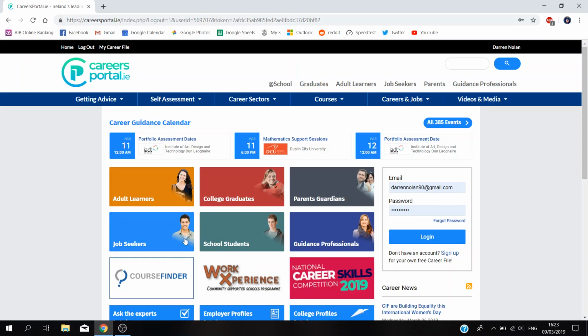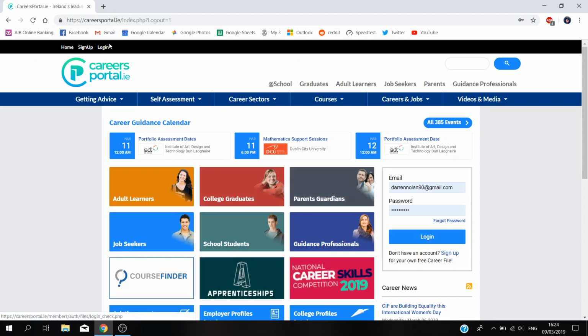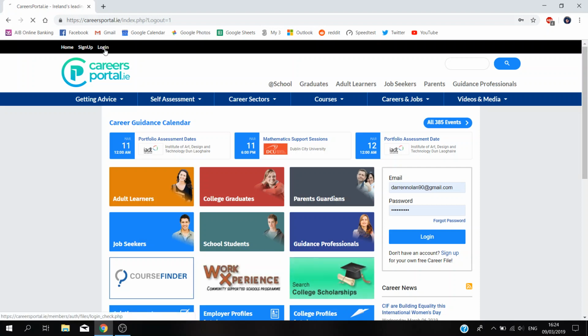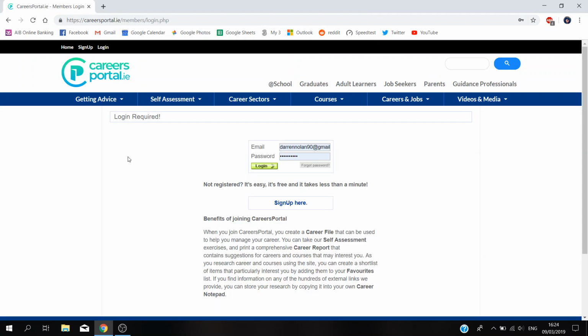So the first thing you need to do anyway is go to the careers portal website. I'm logged in, so I'm going to log out now and show you. So once you're here, there's a login area here, or you can click login up here at the top right, if you look where the little mouse cursor is. So I'm going to click login up here, and I'm going to click login, the green login icon again. So I'm going to click on that,